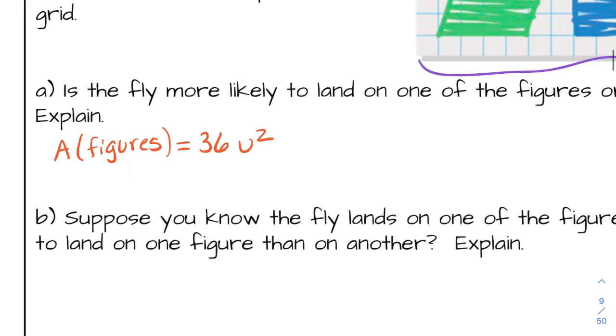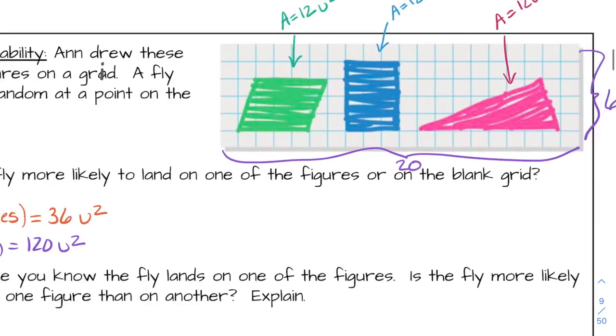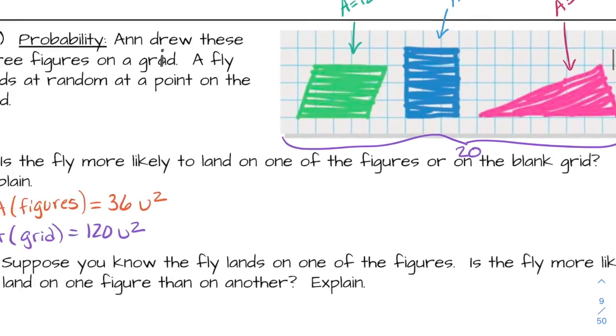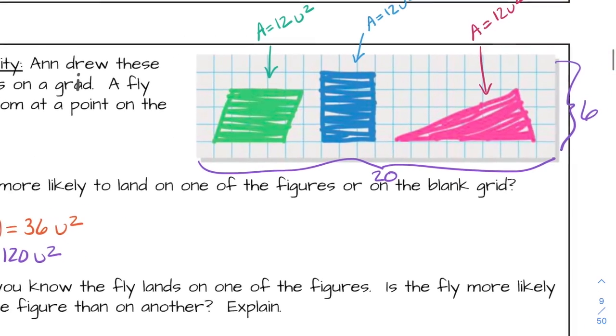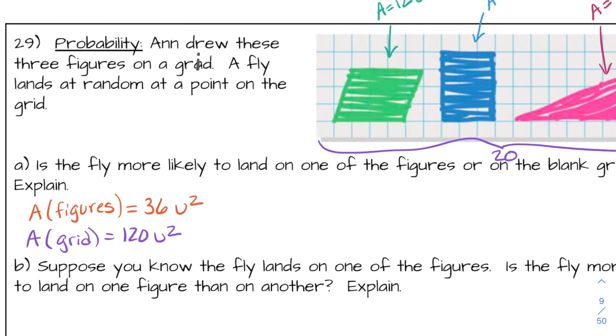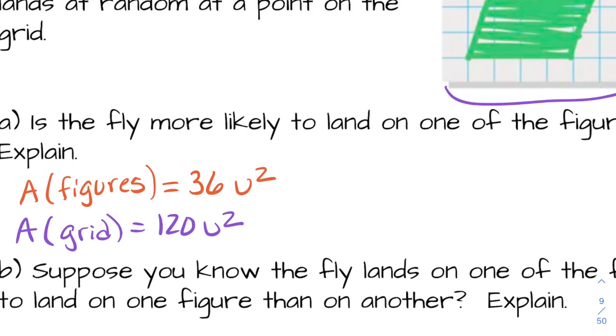So 20 times 6 is 120 units squared. I think it's pretty self-explanatory at this moment that it's going to land on the grid more often than it's going to land on any of these shapes or them combined. But how do we find that? We do the area of the grid, take away the area of the figures,